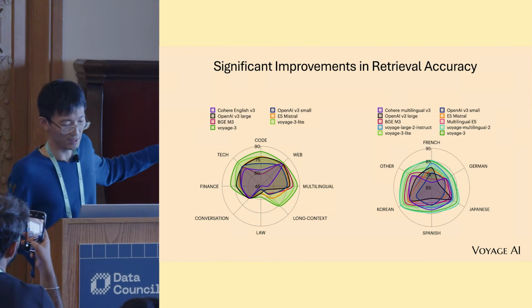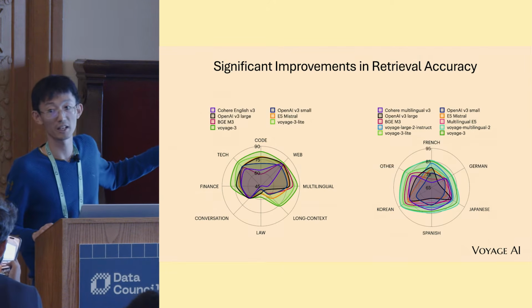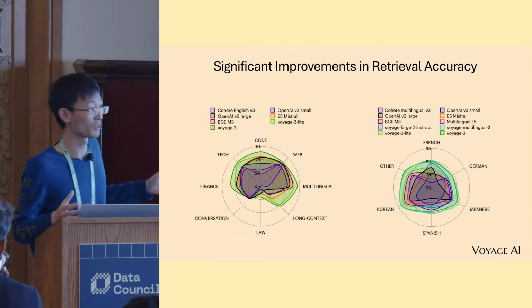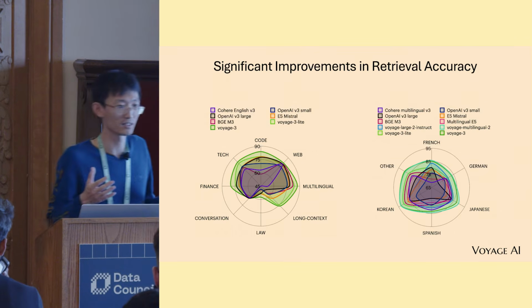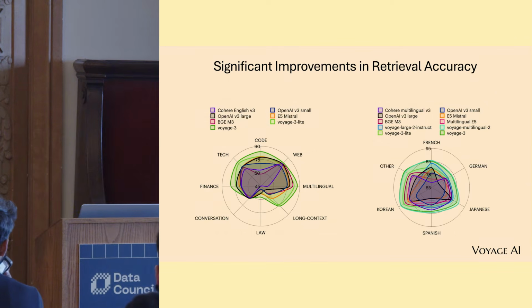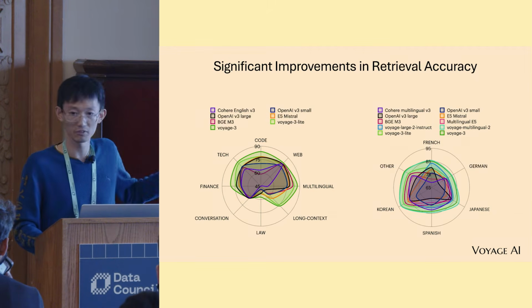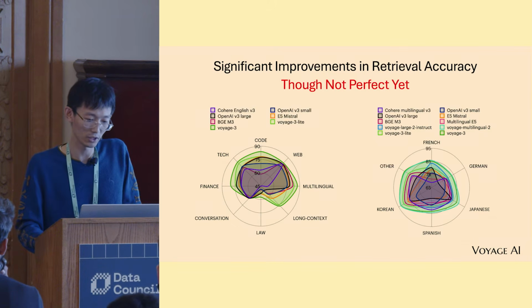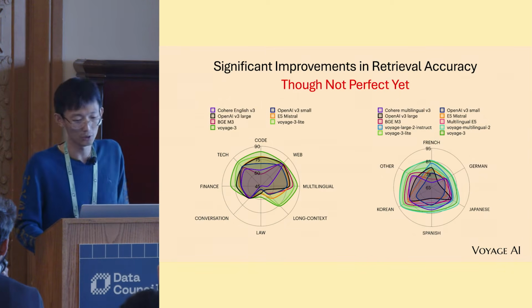This is probably slightly underrepresenting the numbers because we are using very hard retrieval tasks for evaluation, since those have higher differentiation, right? If you randomly sample a task in your real world cases, at least from what I heard from customers, generally their accuracies are higher than this, maybe on the order of 80%, 85%. But we just chose some more differentiating tasks for the visualization. You can see at least there are so many tasks where the performance is not as good as 95%, which is probably what you really want. So it's not perfect yet.